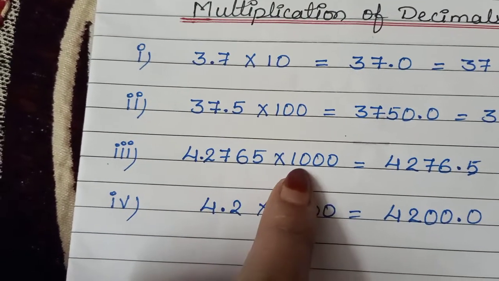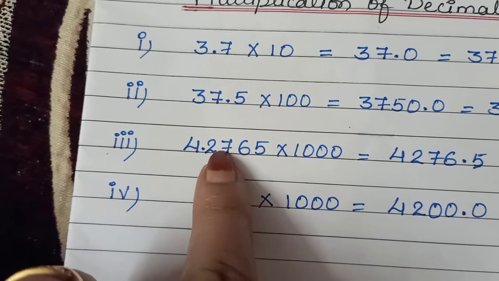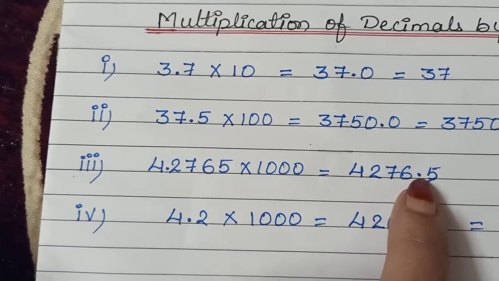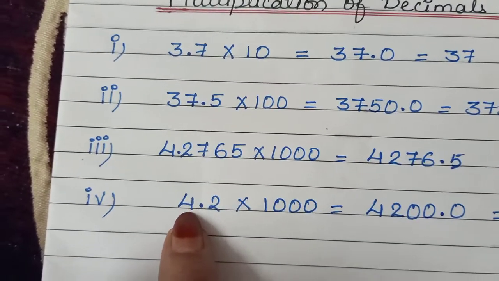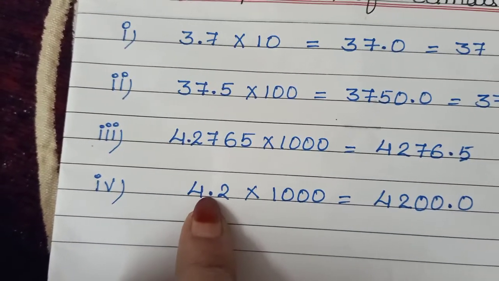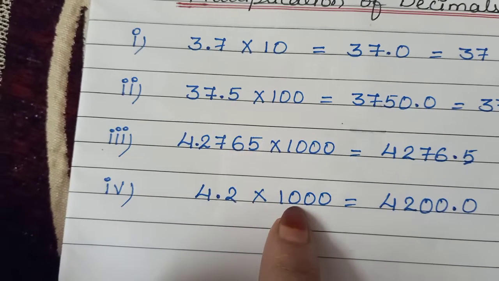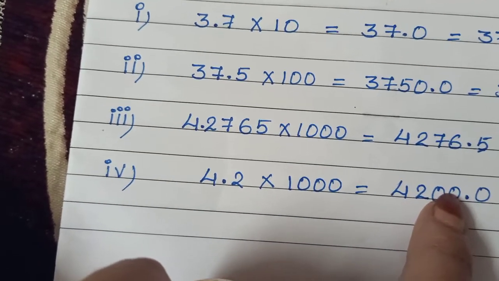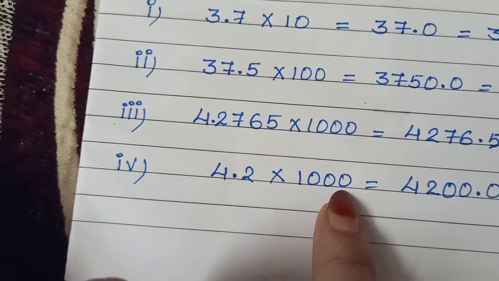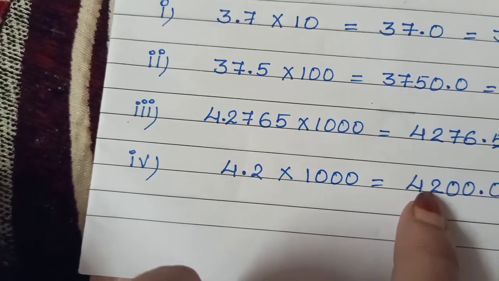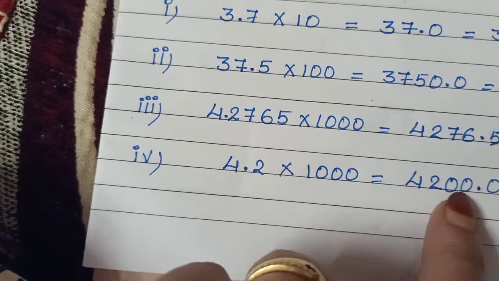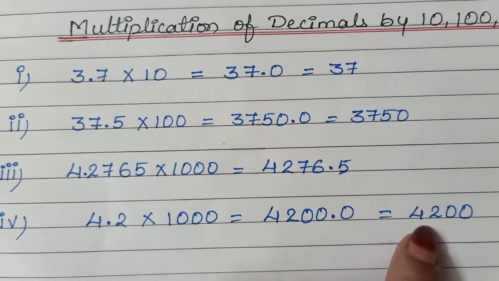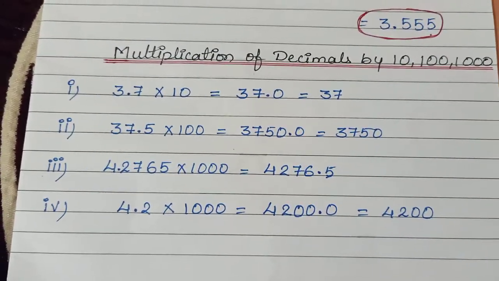Another example I have taken here. This is also 0. Same with 1000, so the decimal will shift 1, 2, 3, so after 6 the decimal comes. Here you can see I have written the answer. Same thing if I take 4.2 into 1000. Here after the decimal we have one digit, but we have to shift 3 digits. So after the 2 we have to add 2 more zeros, because we have to shift 3 digits. From here 1, 2, 3, as no number was there, we will replace it by 0. So we will get 4200. I hope this is very clear for all of you students.